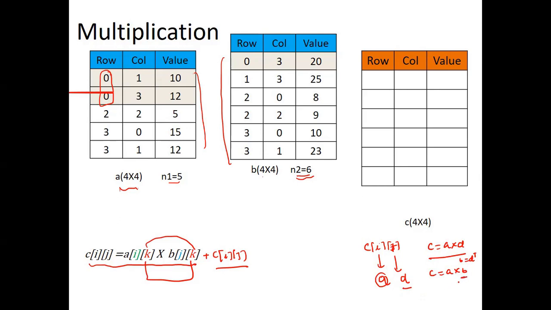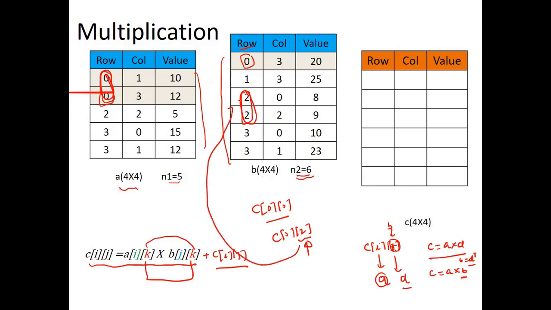So for matrix B, this j will be nothing but the row of matrix B to get Cij, because we have taken the transpose version. If I'm saying I am using the 0th row of matrix A and the 0th row of matrix B, that means I am dealing with 0,0 of the final matrix C. If I take the 0th row of this and the second row of the second matrix, that means I am dealing with 0,2. The reason being, 2 is the column here, but it was actually a row in the triplet because it is a transposed version.